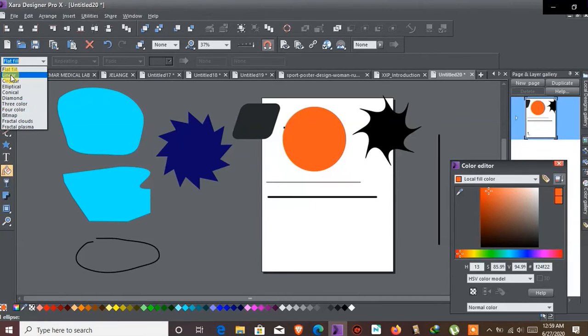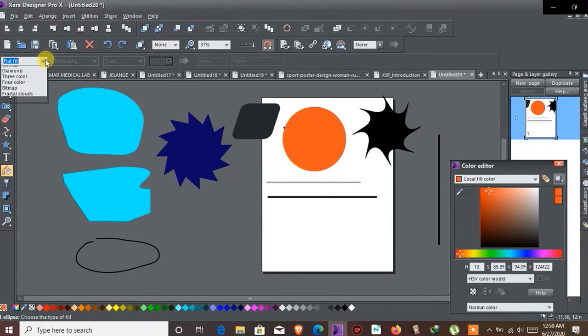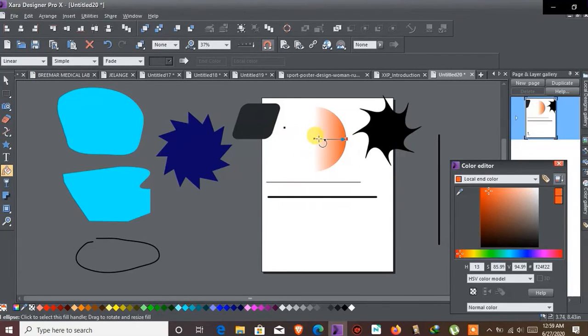Okay, so let's say we are working on the linear. Pick the linear and see linear. Basically, Xara default is what? Black and white. Because of the color here, the other color is white. See, immediately I click on the linear, let's go back and see. Immediately I click on the linear, then it indicated